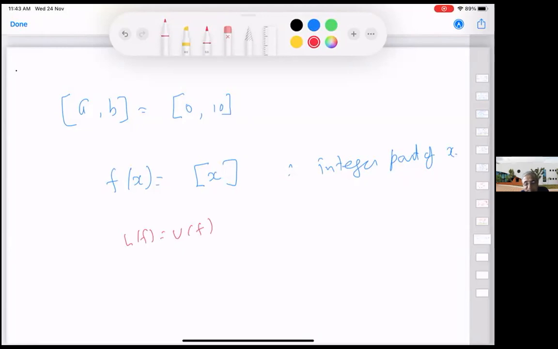Think about it. So it is not that only continuous functions we can deal with in the Riemann integral. No, we can deal with more. Okay. So you think about this, we will see on Friday.